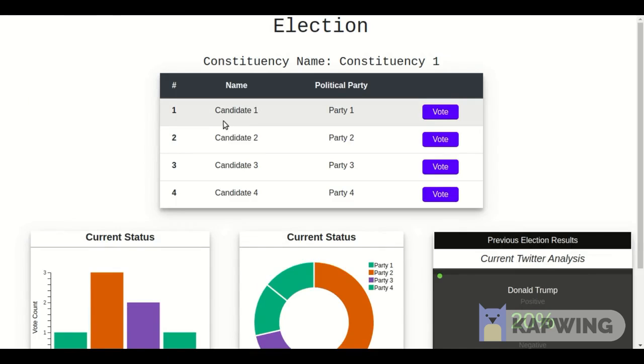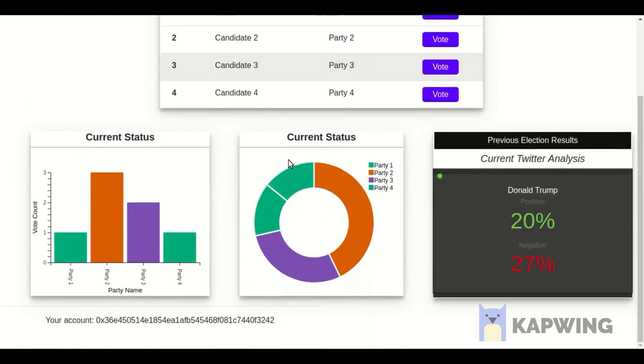now this is the home page that is shown to every voter so they can vote. These two graphs show the current status of the election happening right now. The donut chart here gives more detailed insight of the election by showing the party name and the votes secured by each party. I've used the Twitter API for sentiment analysis of tweets. This processing is done in Python and is sent to React by building an API using Flask. As of now, I have shown the sentiment analysis of the tweets about Donald Trump, and